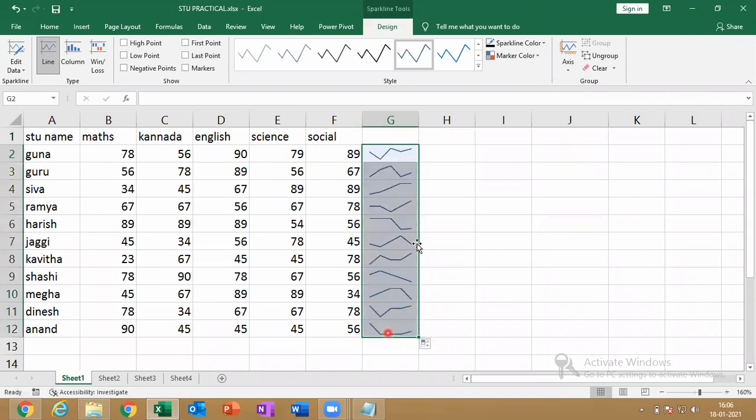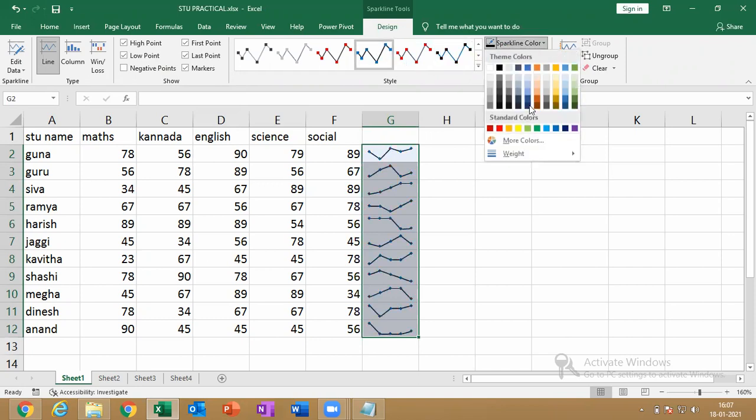This is called a chart within the cell, a line chart. So high point, lowest point, first point, last point, markers. Markers means where the subjects are changing. Negative values also, so everything can be marked here. The line color also can be changed here.